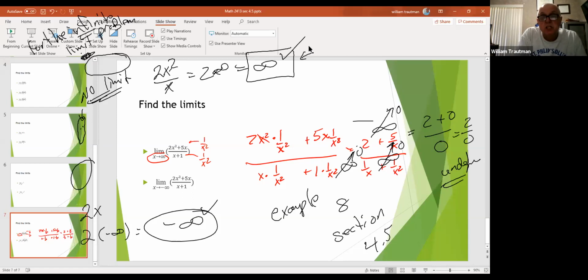Give me a second. This is so hard to maneuver. I usually use a different program, but they wanted everybody to use Zoom. I actually think Zoom's better if I just